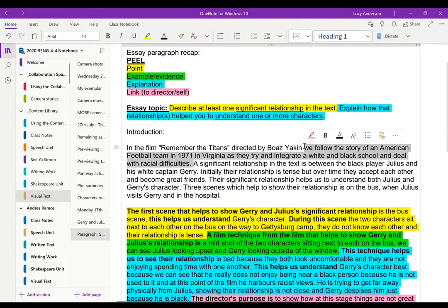So that's just one sentence to describe what the plot's about. Then I've got a statement, which links to my essay topic keywords up here. So I've got a significant relationship, and I've stated who that is. What I've gone and done is describe their relationship briefly in a sentence. That's quite handy. You don't need that, but it can be good. And I've made sure that I link it to the second part of the question there as well.